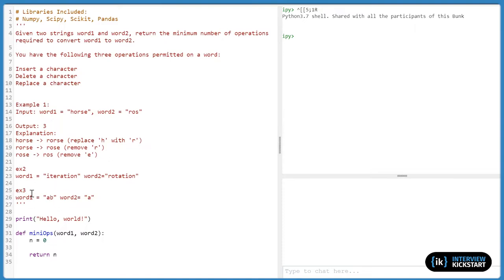Okay, so then if I find, so I traverse this string, so if I'm,